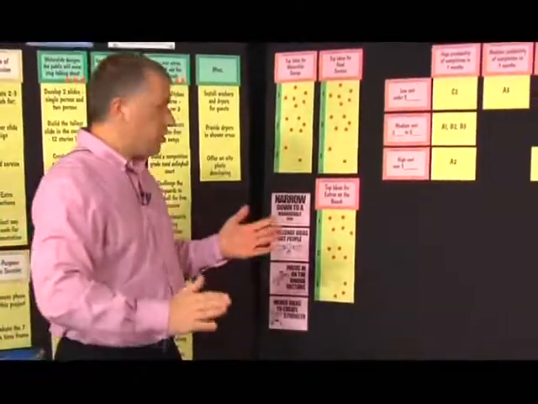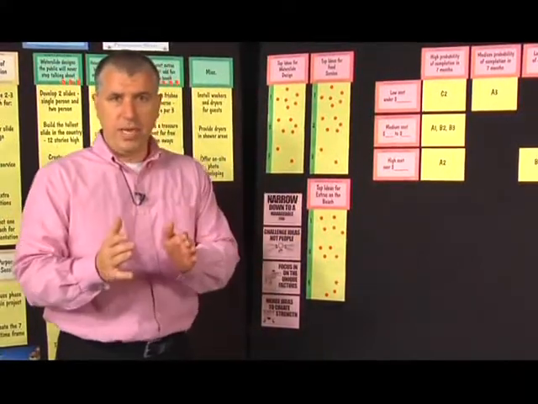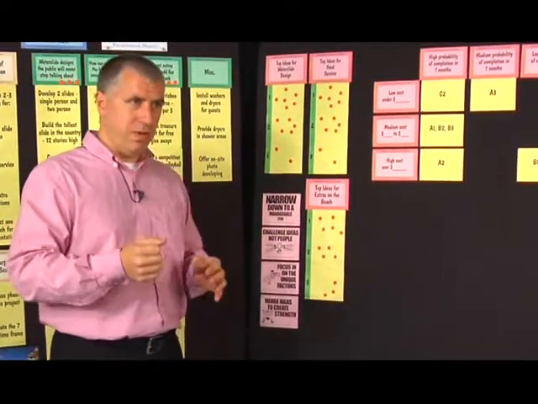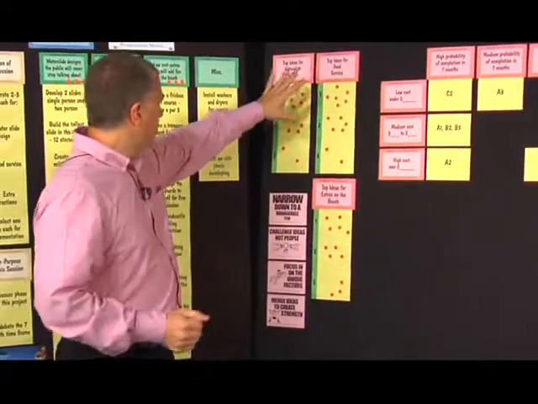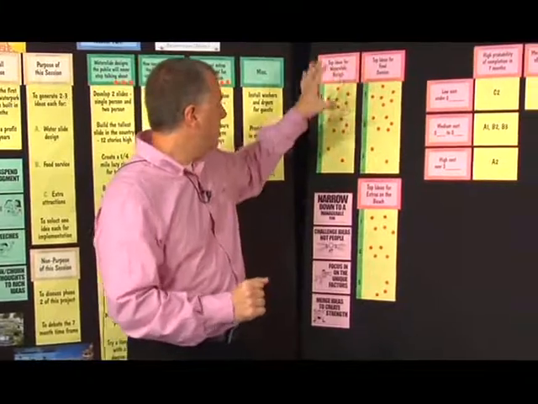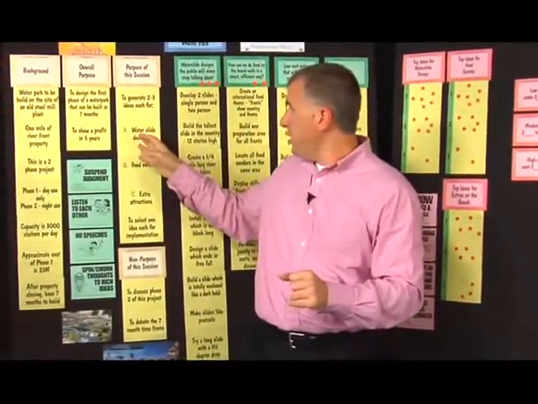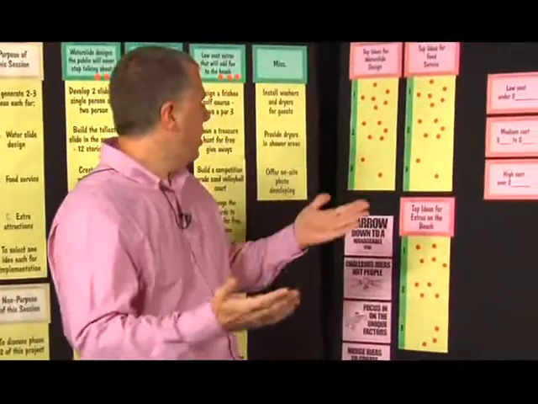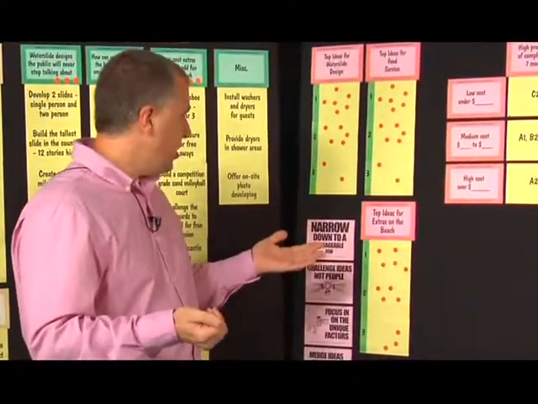If you think about going to a grocery store, there's a logic to putting food into different bags. And this is kind of the same logic. You don't want to put the milk on top of the bread because it would mess it up. So there should be alignment between the purpose of your session and your concept cards. You could just see here we had to generate 2 to 3 ideas for water slide design, food service, extra attractions. It lines up with top ideas for water slide design, top ideas for food service, top ideas for